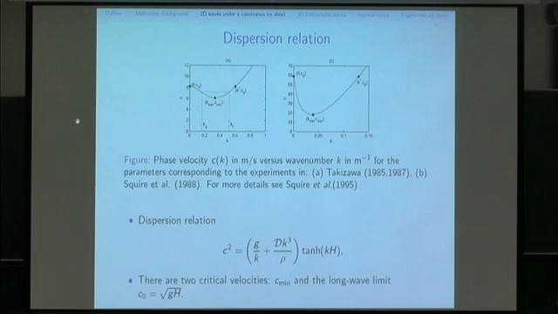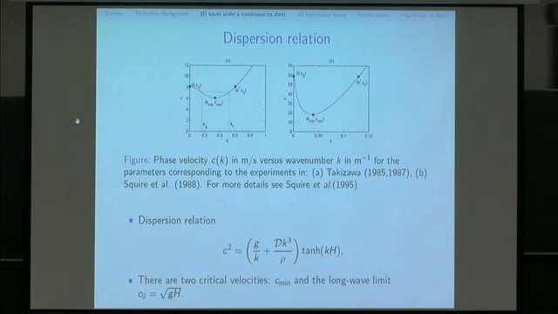and the wave number. And if you plot c against k, where c is the wave speed and k is the wave number, we obtain always a minimum of the dispersion relation. And again, everybody here is probably familiar with this capillary gravity case. When you have a weak surface tension, this is also the case for capillary gravity waves. But for ice, so when you have strong surface tension, this minimum disappears, but for the elastic plate, this is always there. And you have actually two critical velocities, the minimum, the C min, which corresponds to this peak on this